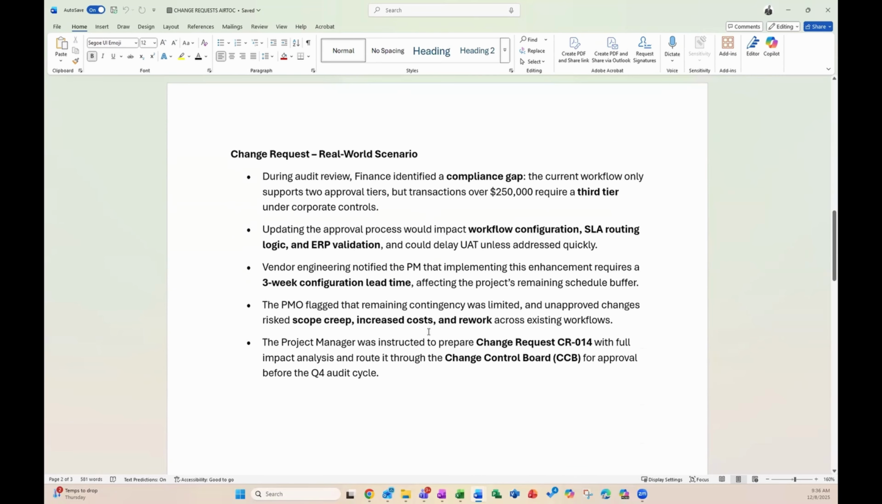Our scenario says, during an audit interview, finance identified a compliance gap. The current workflow only supports 2 approval tiers, but transactions over 250,000 require a 3rd tier under corporate controls. Updating the approval process would impact workflow configuration, SLA routing logic, and ERP validation, and could delay UAT unless addressed quickly. Vendor engineering notified the PM that implementing this enhancement requires a 3-week configuration lead time, affecting the project's remaining